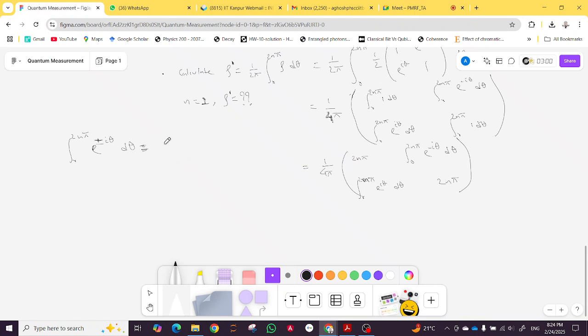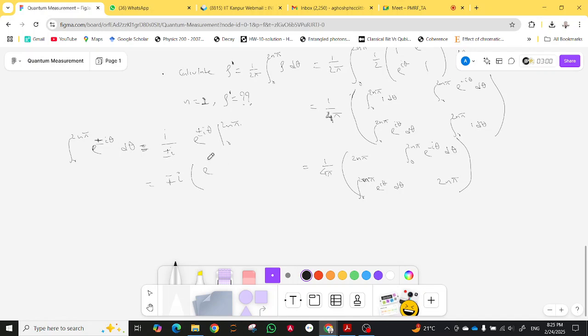This is nothing but, so what is this? 1 by plus minus I will be down, e to the power plus minus I theta from 0 to 2n pi, right? This is minus plus I. So you multiply I on up and down. So this is I here, I square is here, right? So I square will give minus 1. So plus will become minus, minus will become plus. This is minus plus I